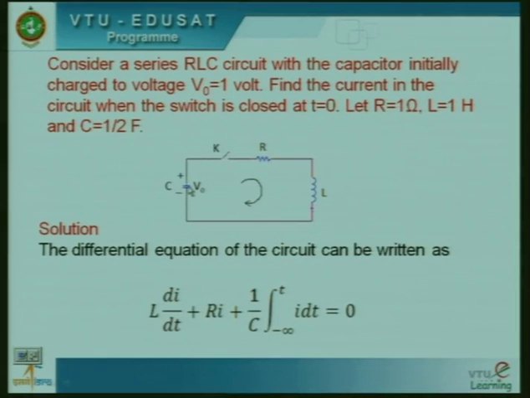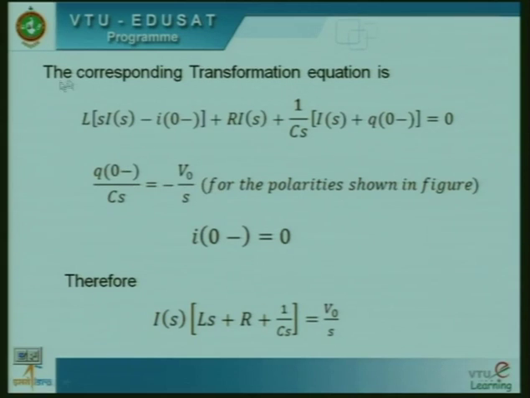The initial charge on the capacitor acts like a source for the current to flow through the network. So, if I apply these terms, that is q naught by Cs as minus V naught by S, and I at 0 minus the current through the inductor as 0, we can rewrite this equation as